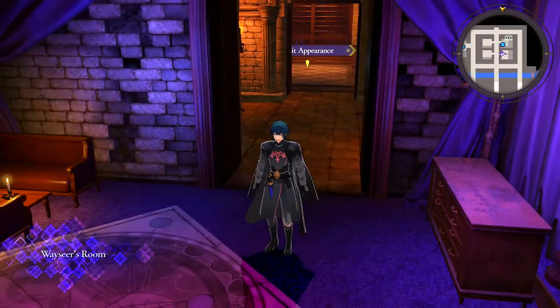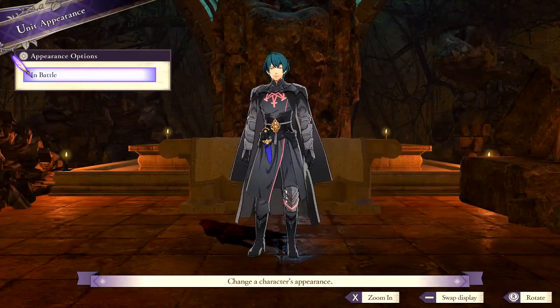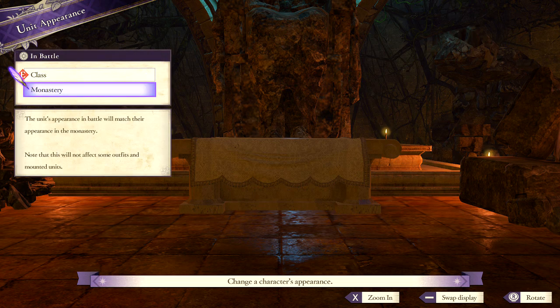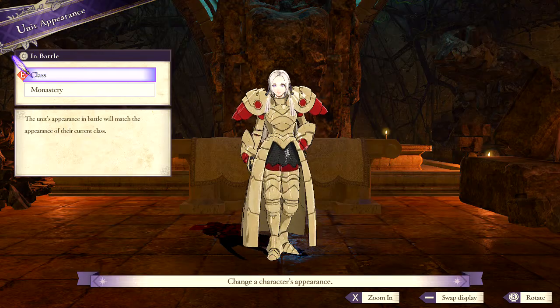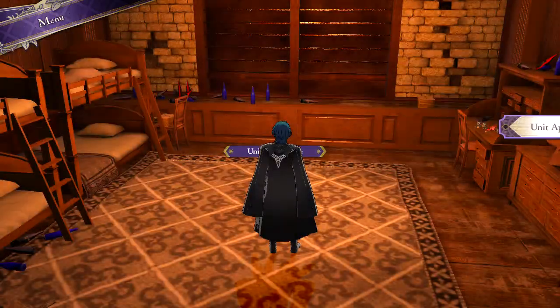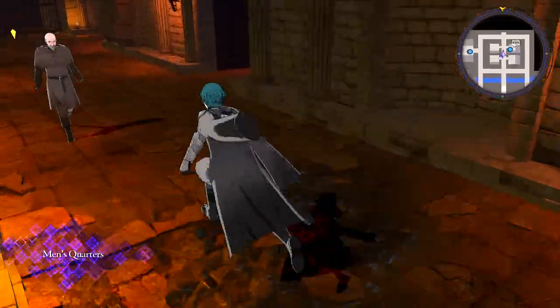Ooh, crystal room. Wayseer's room. Unit appearance. Guess I don't have the choice for any other ones. Because I don't have my desk. Well...